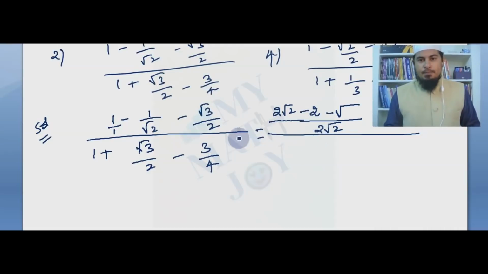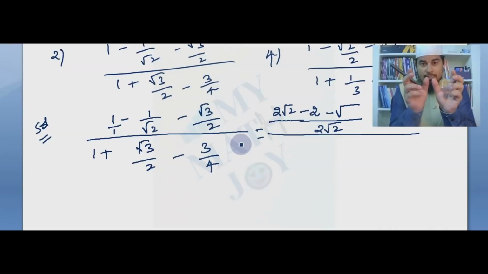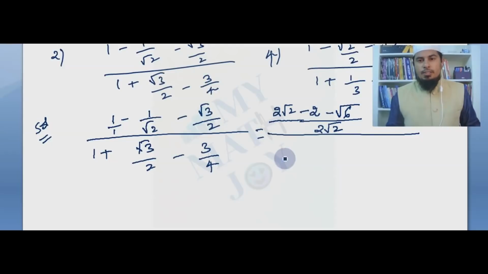So now, they can be multiplied. They will sit aside like this, but inside the roots you cannot multiply. Root 3 times root 2 is root 6. Similarly, the denominators are 2 and 4, so the LCM I will get as 4.